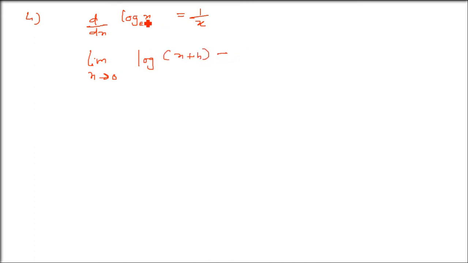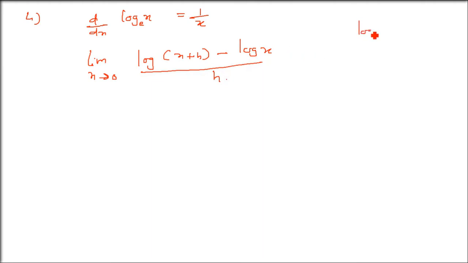Now next one is, what is the differentiation of log x? Log x, base is e. This is a natural logarithm. So this is going to be 1 by x. How are we going to get this? Same thing we are going to do, f(x plus h) minus f(x) by h. So let me write it directly. Limit h tends to 0, log (x plus h). Wherever x is there, replace it by x plus h. So log base is e, x plus h minus, this is log x, and divided by h.